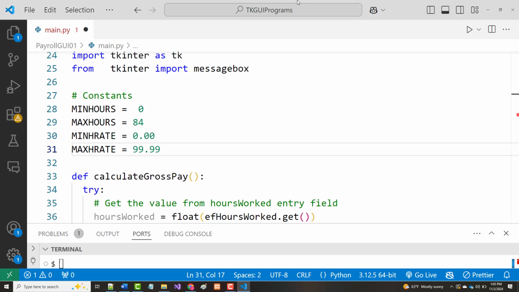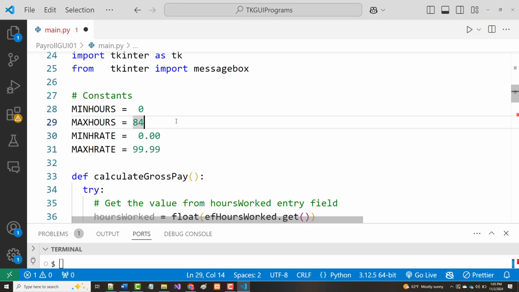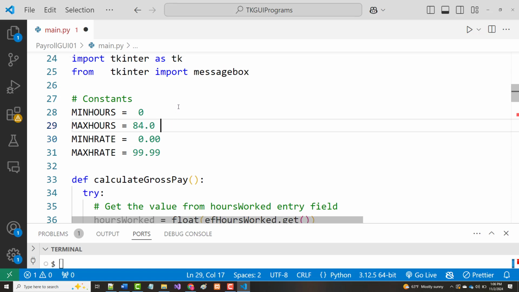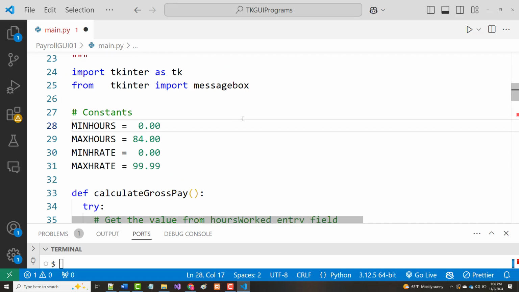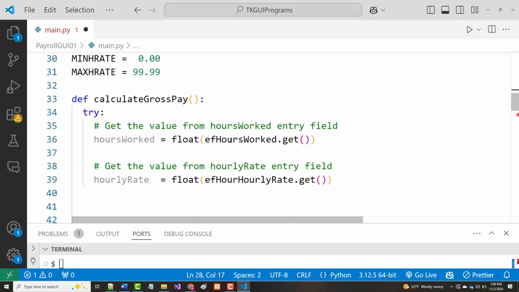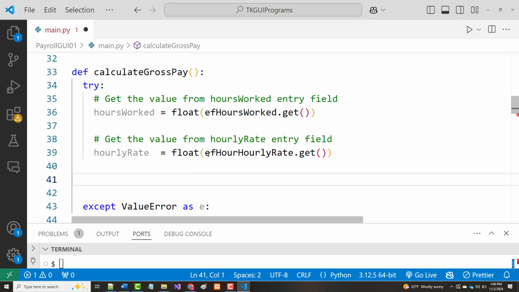And we'll just, let's be whatever here. And I'm going to put here 0.00 and 0.00 here too. Okay, why did I do that? Well, now in here, when I do my error handling,